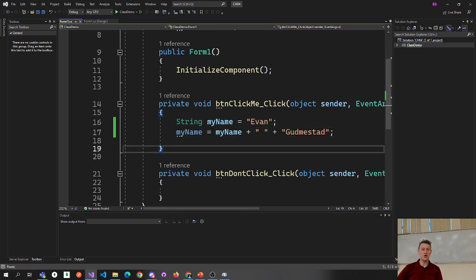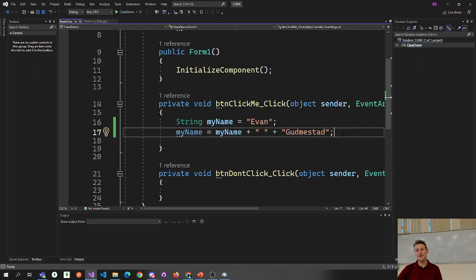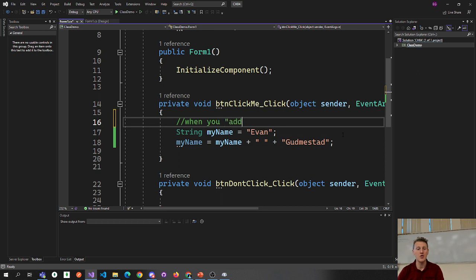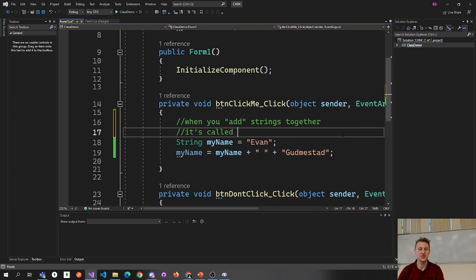So this is to say, okay, append Evan with a space and then the word Gudmestad, it's my full name, right? So I guess the first thing to learn about strings, when you quote unquote add strings together, it's called